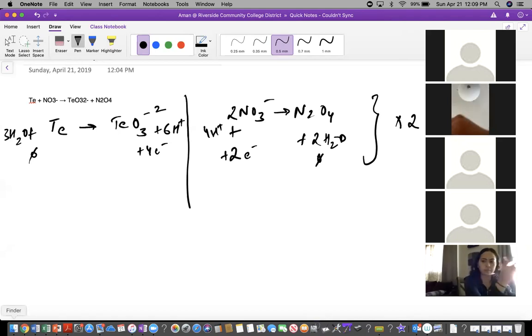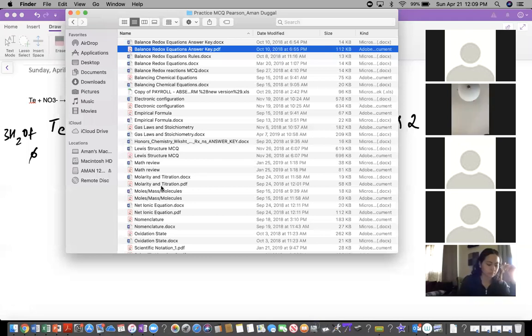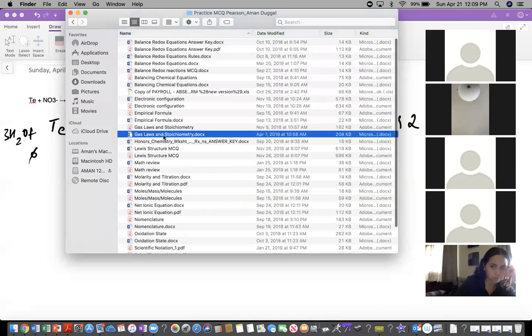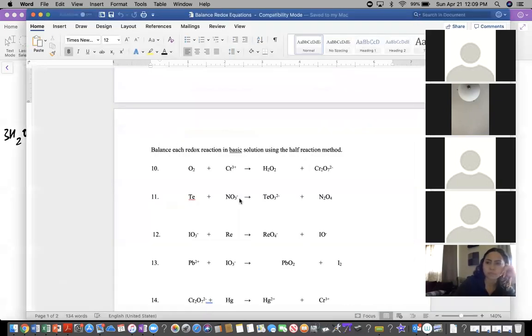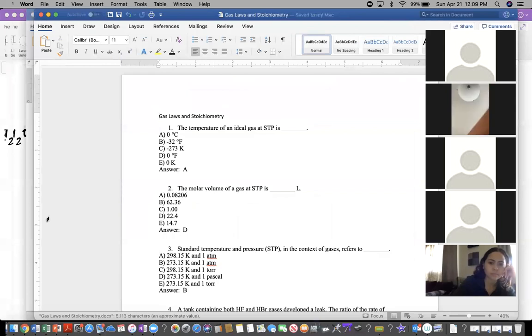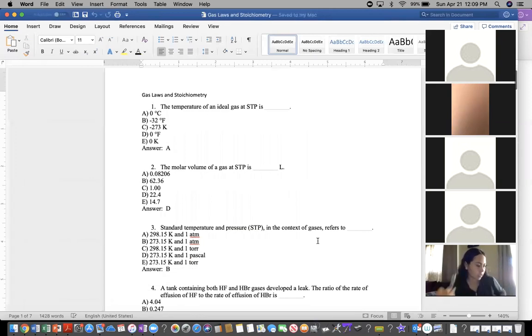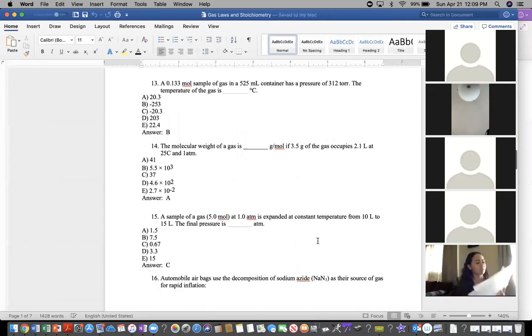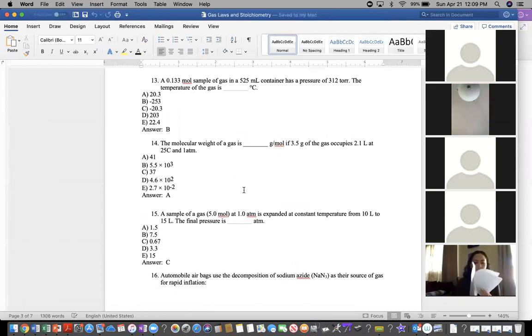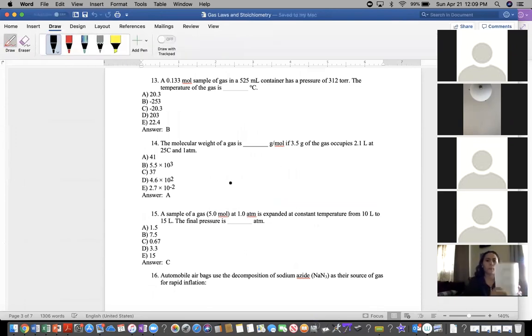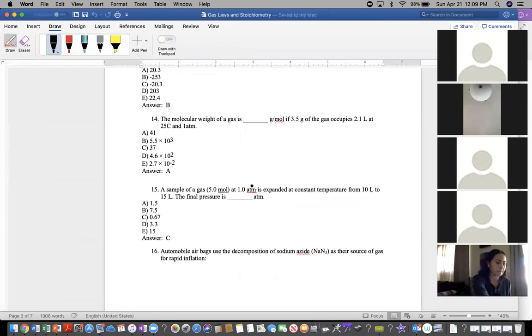I have a question from the gas laws worksheet, the exam worksheet that you gave us. Some stoichiometry question. Yeah, I have a few questions. Sure. What question number? I have a question on number 14. Okay. So I got stuck. Let me see. I got the amount of moles for